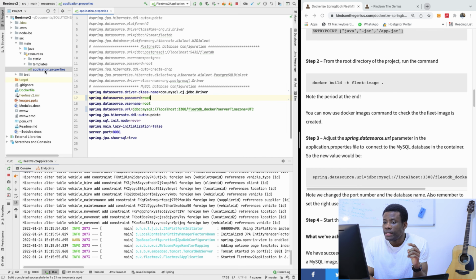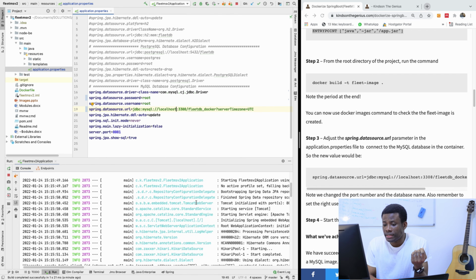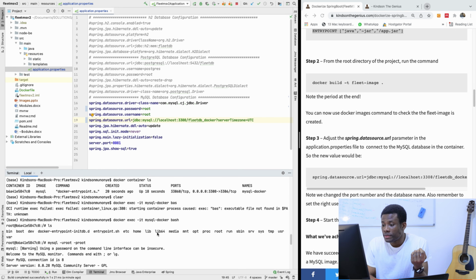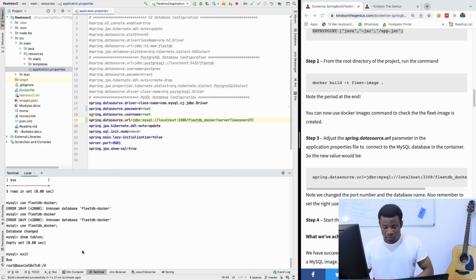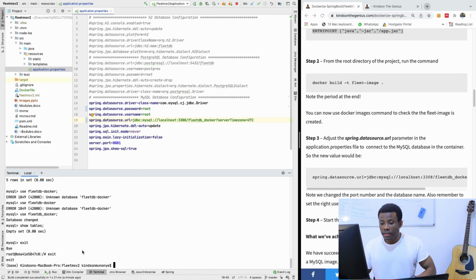So let's come back here. Now we are going to be connecting from inside the container. Let's see. So we have localhost. Now we are going to specify here the name of the MySQL container, because now we are making it connect from container to container. So I'm going to now specify the name of the MySQL container. So I'm going to come here and say exit, and also exit, and say docker